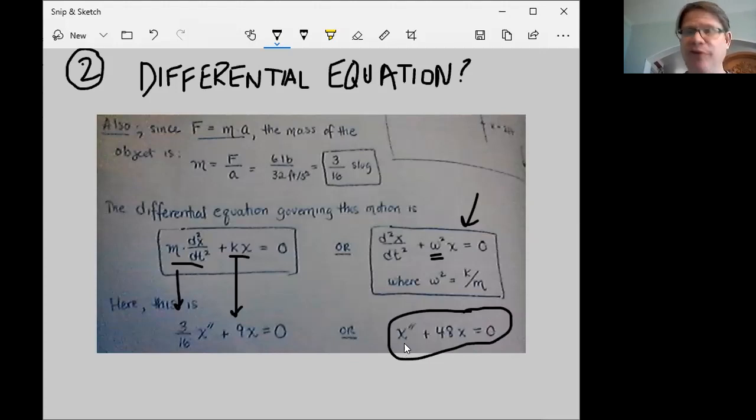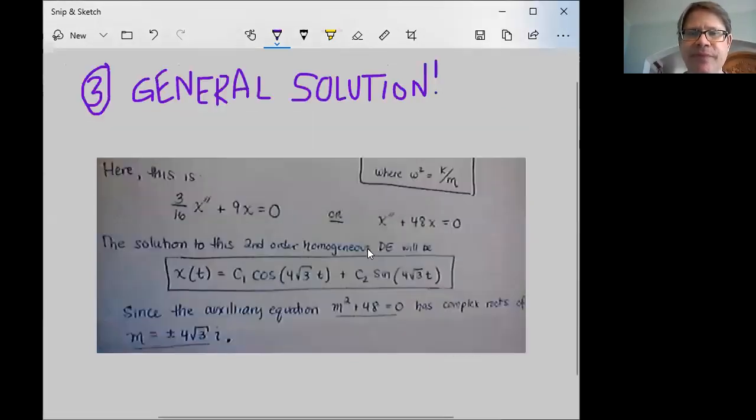So we've learned how to do that. That's what chapter 4 is all about. Everyone here knows how to solve this second order linear differential equation with constant coefficients. When we go to do that, as we come up with our general solution, here she is. All right. We know that x double prime plus 48x equal to 0 has a